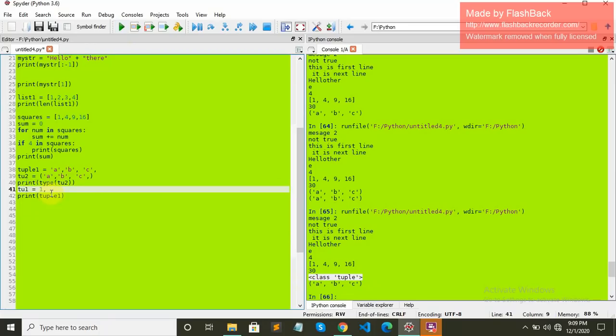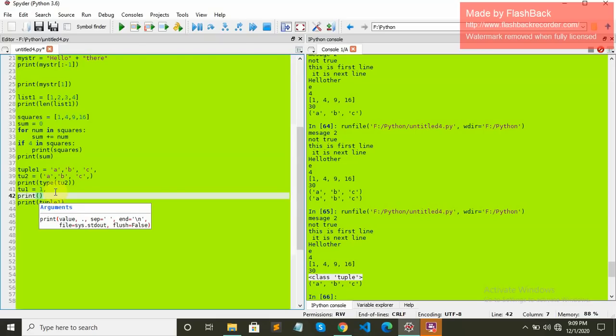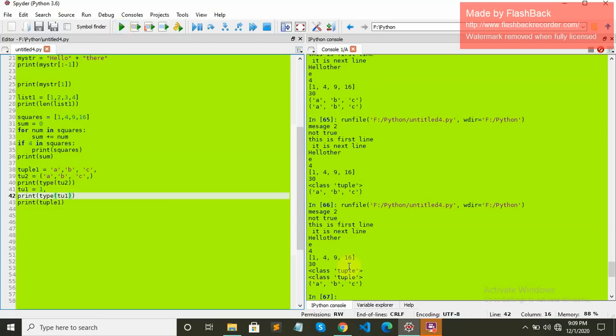It is only a single element tuple. Let me print the type for you guys so you can know whether it is actually a tuple or not. You can see it is a tuple.